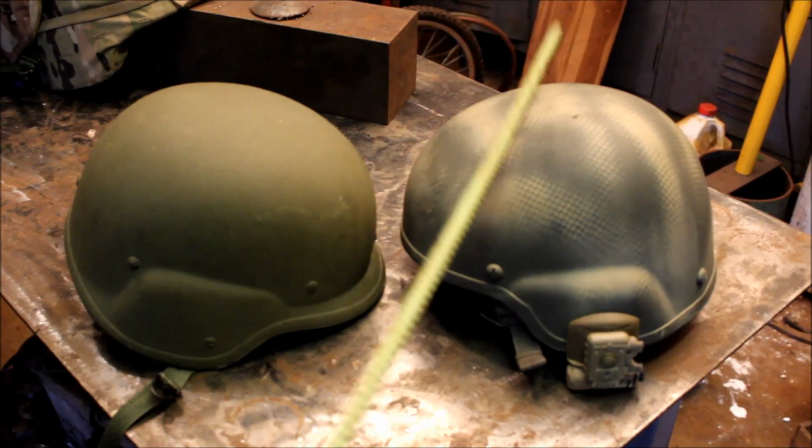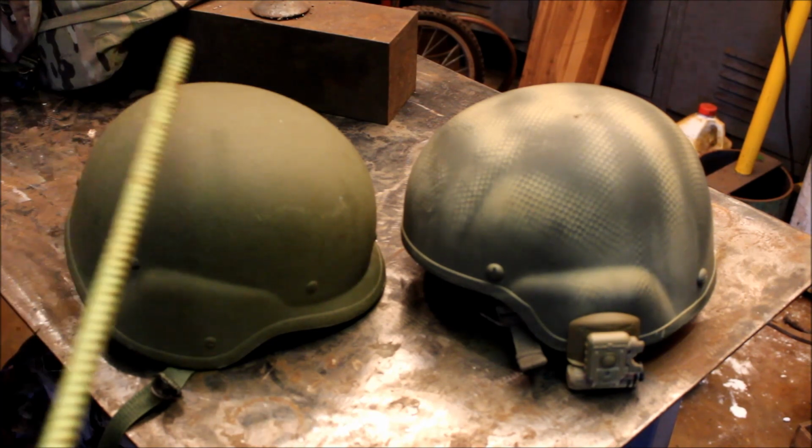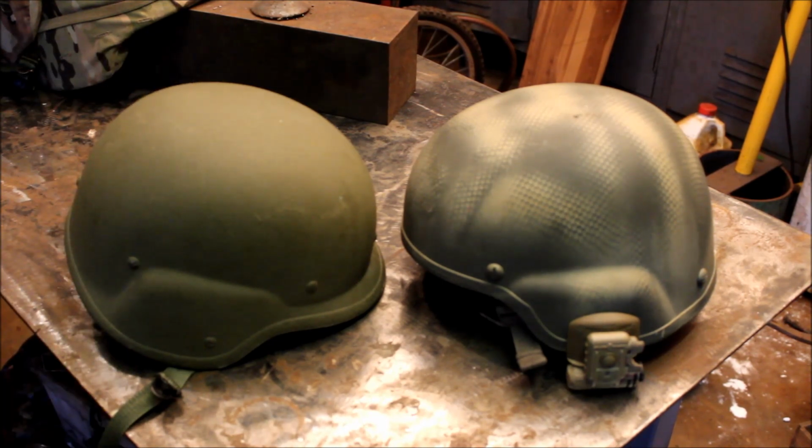Okay, the helmet on the right here is the ACH, or Advanced Combat Helmet. This is still a PASGAT. Now, the ACH was developed from the MICH, which is the Modular Integrated Combat Helmet. The MICH was developed in the late 90s, and there have been a few developments from that. It was to bridge the gap between the...